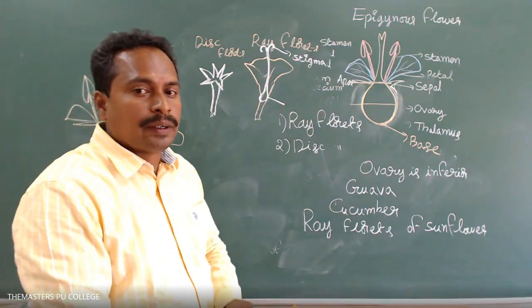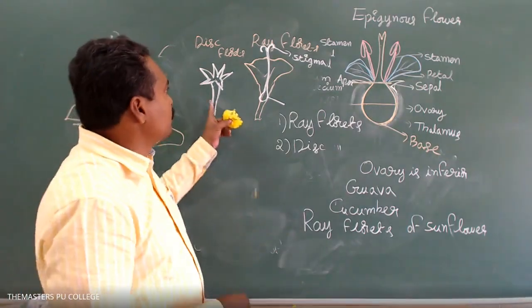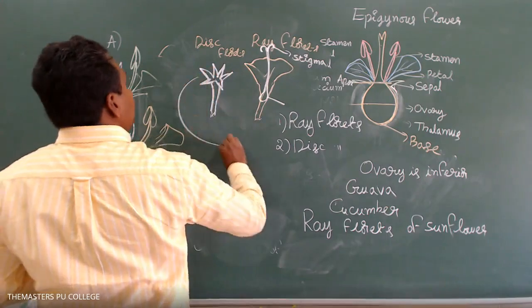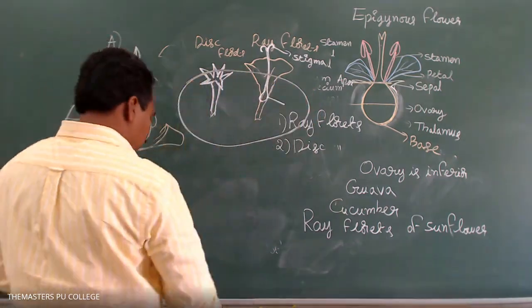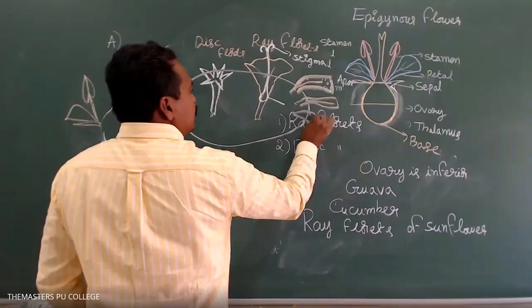Do you have any doubts regarding this? Present in the middle part of the sunflower, the seed region. In sunflower, disc florets are present towards the center. Ray florets are present towards the periphery. So ray florets are nothing but the older flowers, which go towards the outer region of the flower. Yes, first formed flowers are outside, and the youngest are present in the center of the flower.